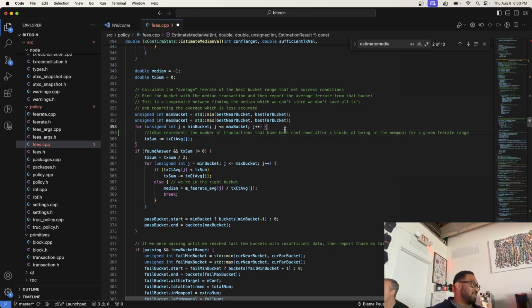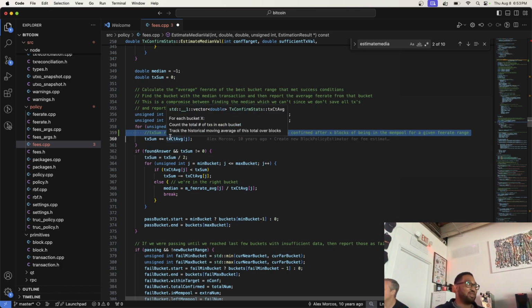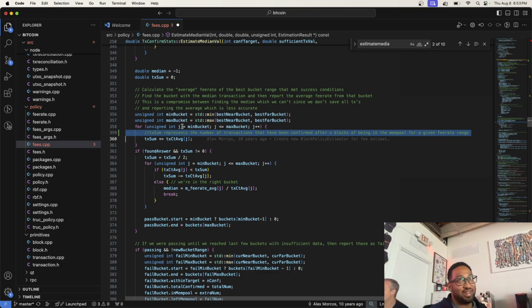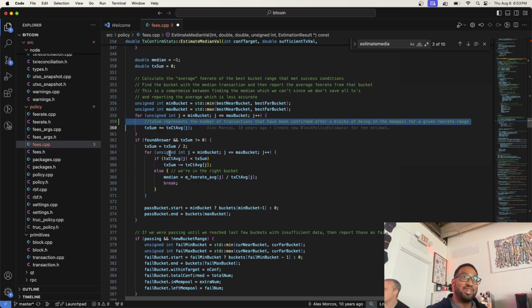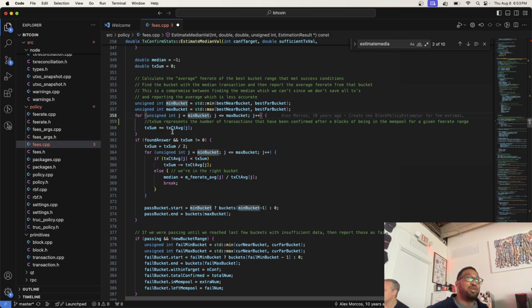Does that kind of make sense? All of this is very hard to explain, and I know it's probably hard to keep track. I don't know why this code is so complicated, to be honest. But what you end up doing is you try and find the average for that bucket range, and then you get this fee rate average, which is a separate list that keeps track of averages for confirmations.